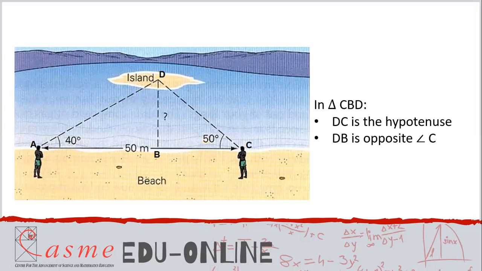DP, you can see that DP is not an arm of angle C. So we said the opposite side will always not be part of the arms of the angle that we are speaking about. And then BC is adjacent to angle C. Adjacent means it's one of the arms that form angle C, but it is not the hypotenuse. Now, I'm going to start defining the trig ratios to you